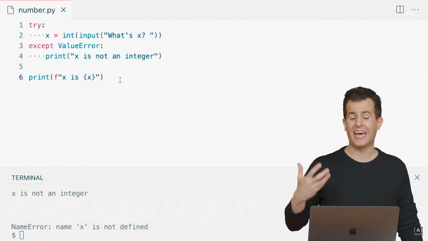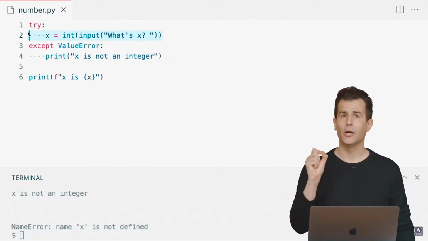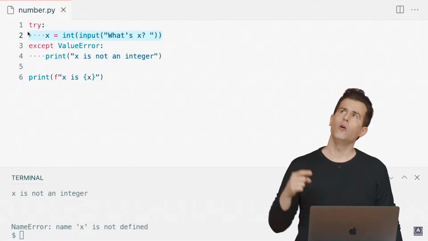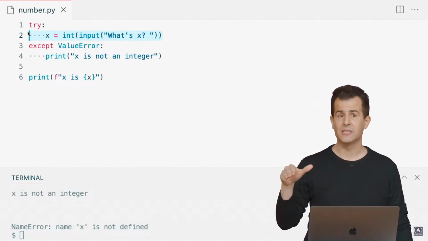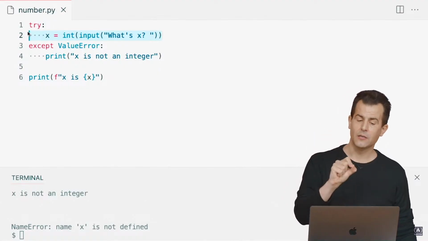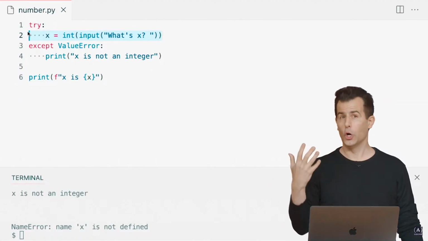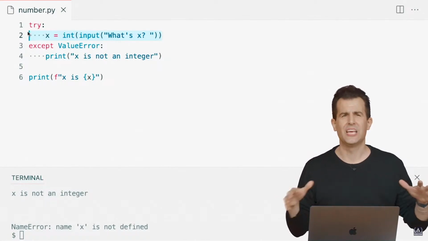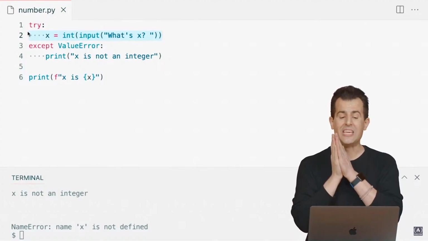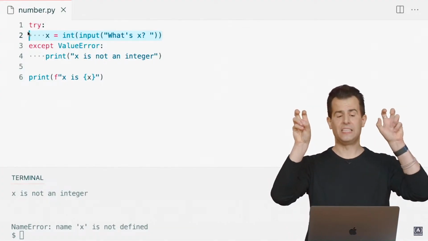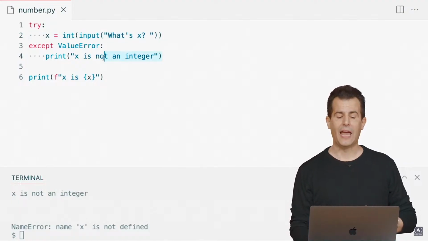Well, where should x be defined? Well, presumably x is defined on line 2 up here. So what could go wrong? Well, if the user has inputted something that doesn't look like a number, like the word cat, passing cat, the return value of input, as the argument to int to convert the word to an int makes no sense. You can't convert a cat, C-A-T, to an integer at all. So the int function is raising a value error at that point, and the error is being handled with this